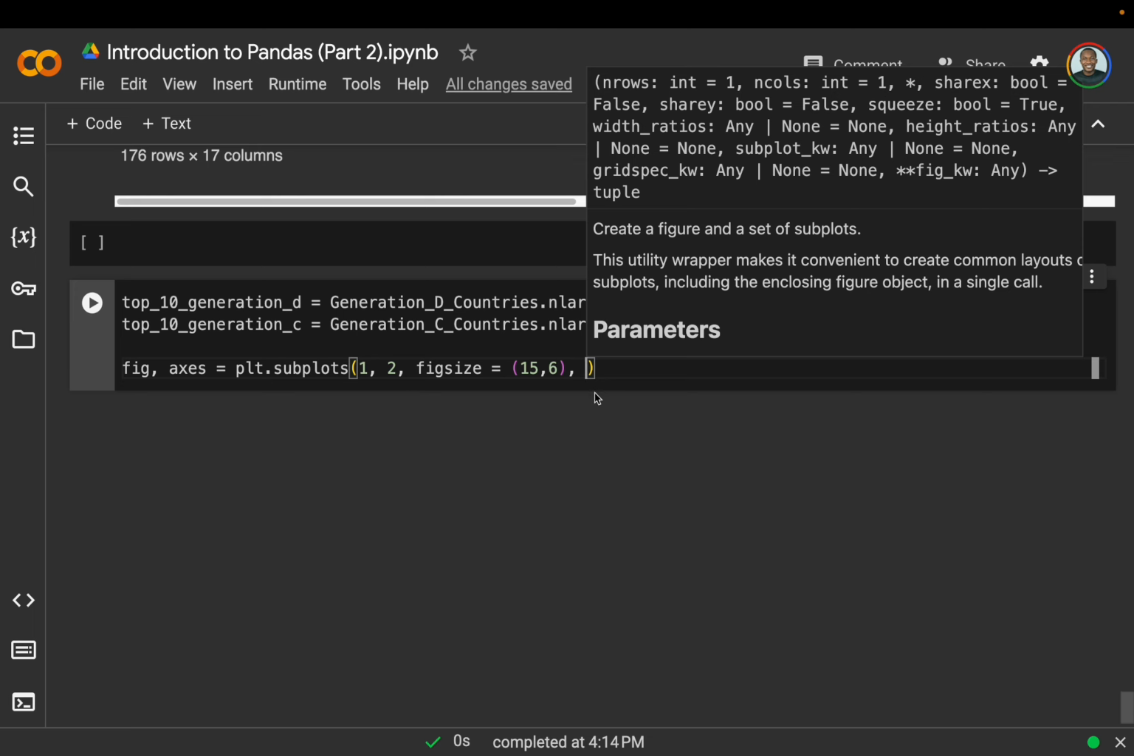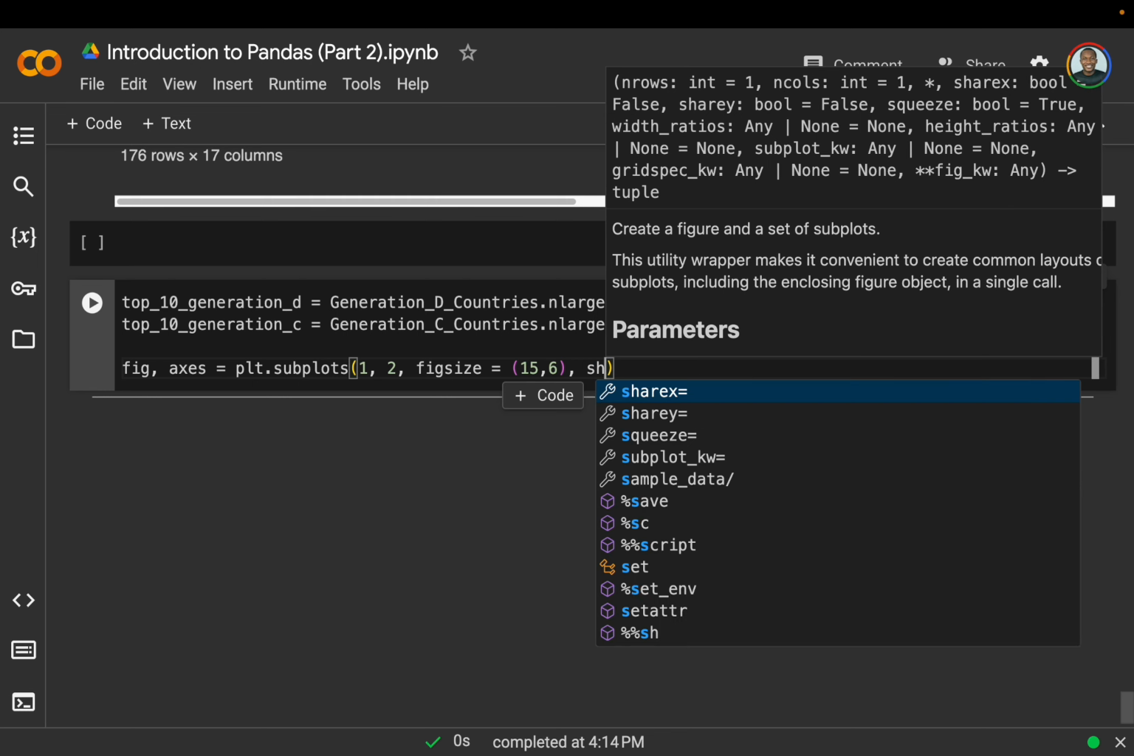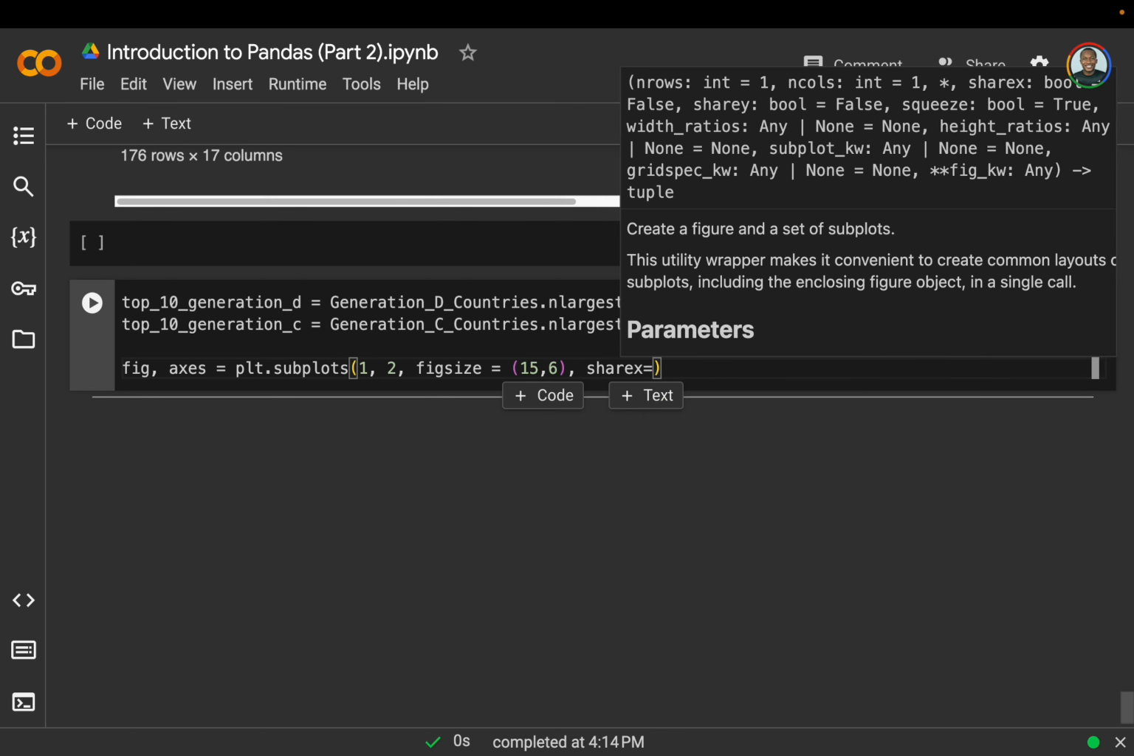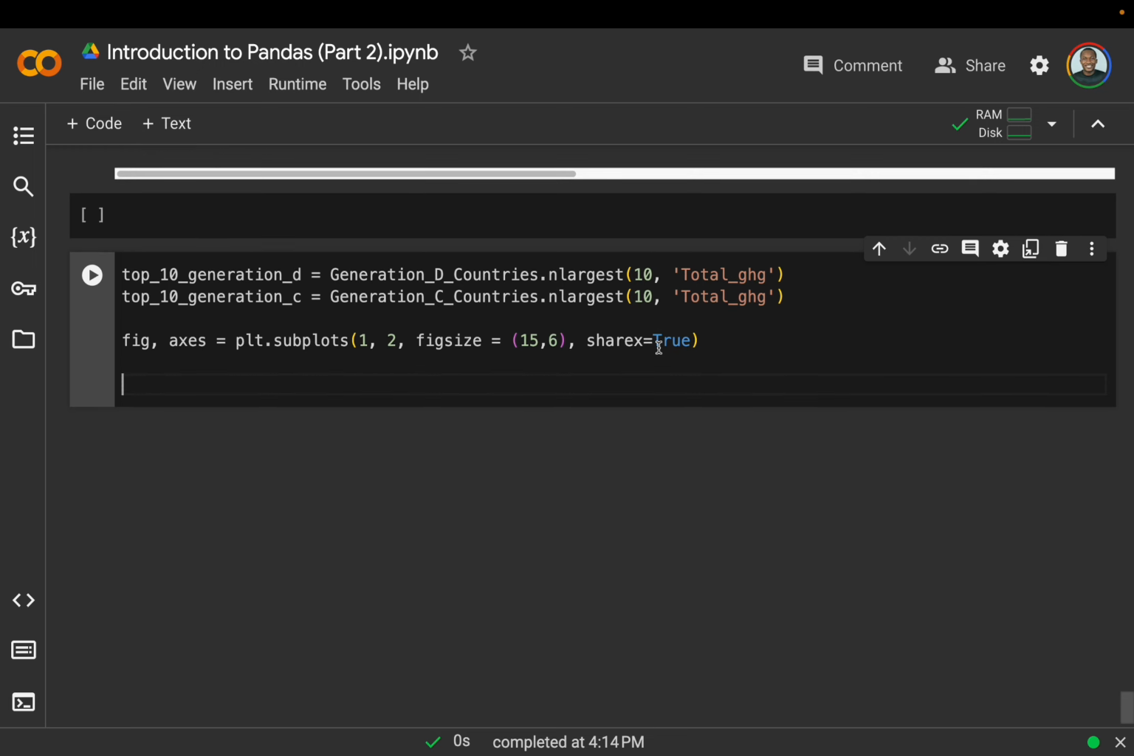Now, fig, axis, and share. This is sharey. You can also share the same x-axis, but in this case, we are sharing the y-axis, and say true. And that is the first thing to do. Now we make the first plot for the first generation. So we say sns.barplot, where x is going to be the country, y is going to be the total GHG emission,